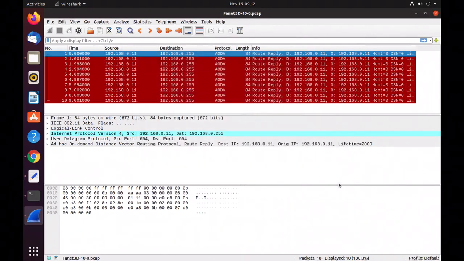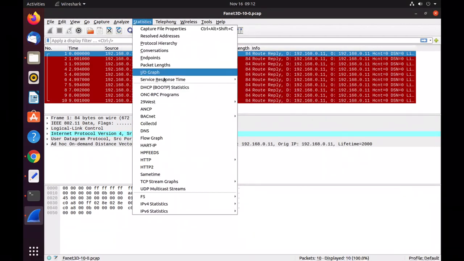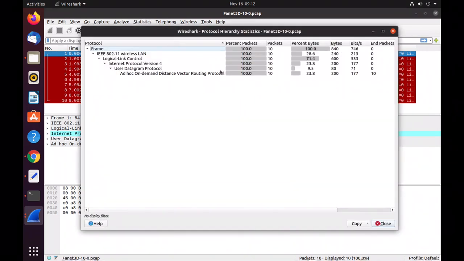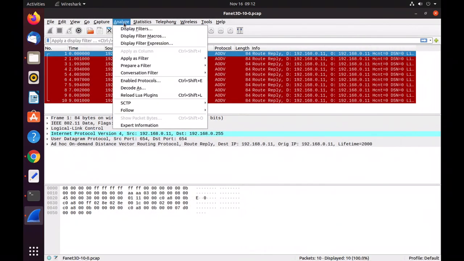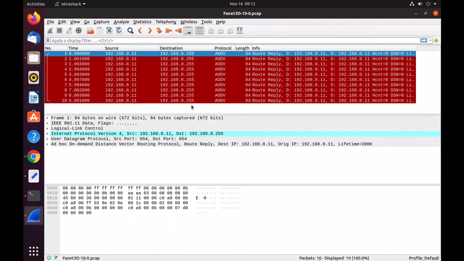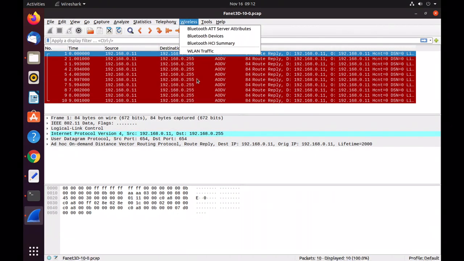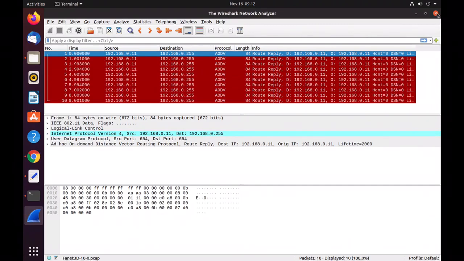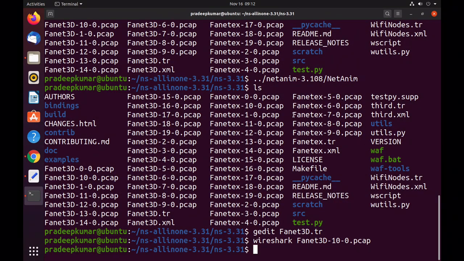This comes here, and we have protocol hierarchy. What are the different protocols in the hierarchy? How many percent of bytes, how many bits per second for each and every protocol, and what is used in the particular packet type. We can analyze so much other information as well, but you can refer to the Wireshark documentation to get more details. The purpose of this example is just to show you how it works in a 3-dimensional mobility model. Okay, so then the trace file is also done,